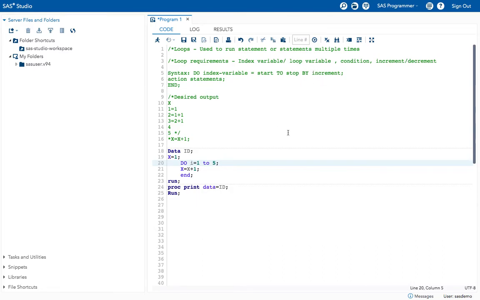Increment is how much you want SAS to change the index variable after each iteration. The most commonly used increment is 1. In fact, if you don't specify a by clause, SAS uses the default increment of 1. Now when I execute this program, what happens?